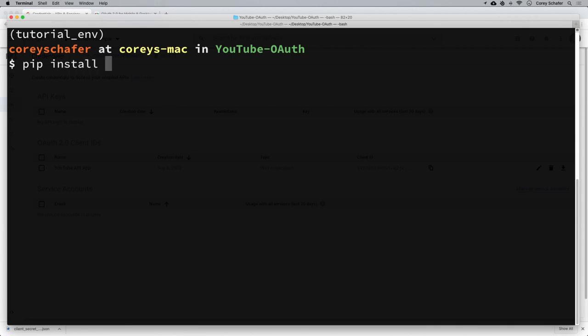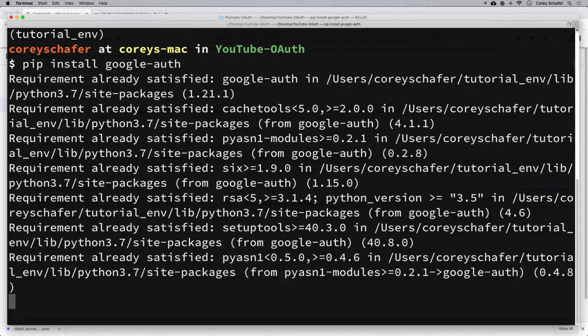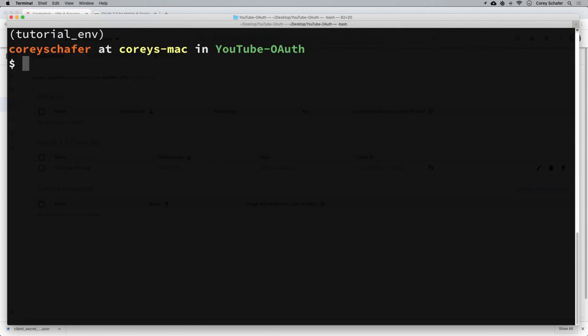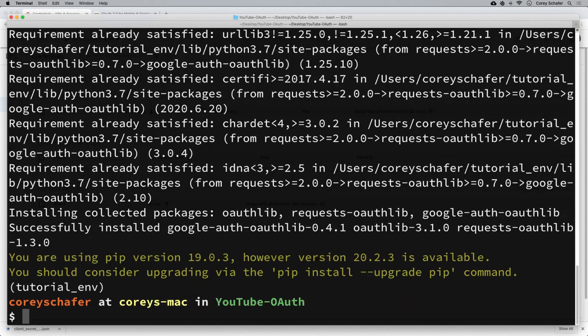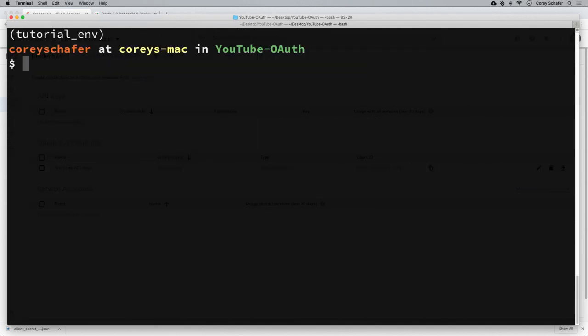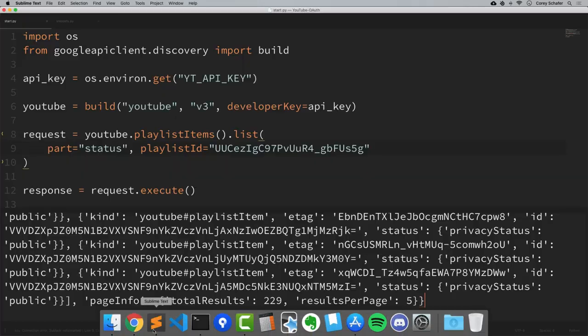So this is pip install, and one is called google-auth. So let's run that. And now let's also pip install google-auth-oauthlib. So let's install this as well. Okay, so now that we have those libraries installed, now let's modify our script so that we can authenticate